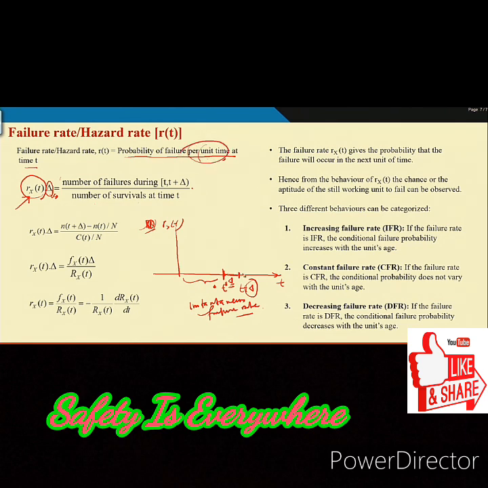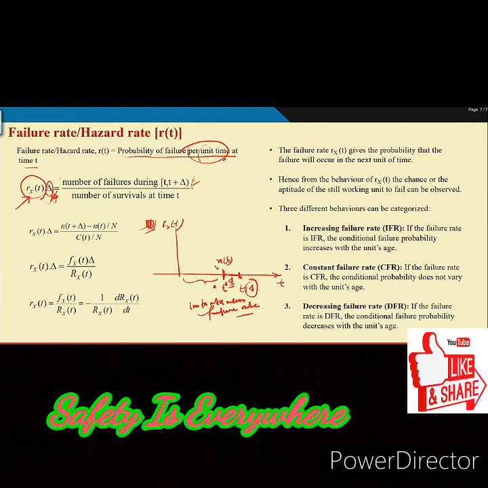In delta time, what is the number of units that fail? The number surviving here and the number surviving here, the difference will be the number of units failing in delta time. So, then per unit time it will be divided by delta. So, instead of writing divided by delta here, you are multiplying on this side. So, no problem. Then what is the number of failings at this point in time?